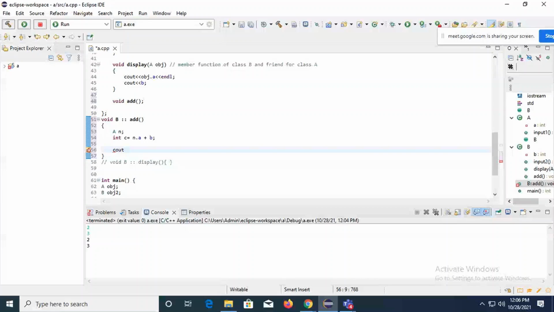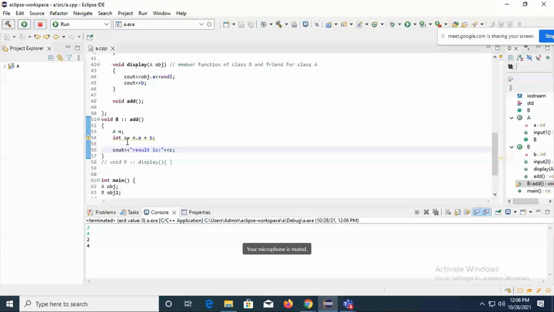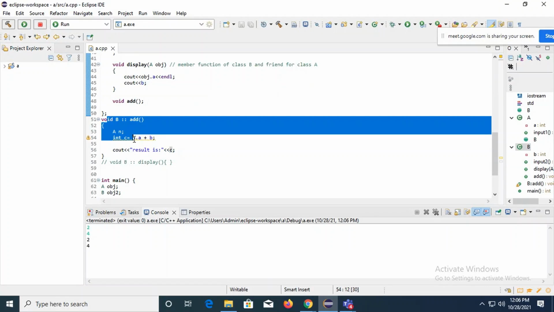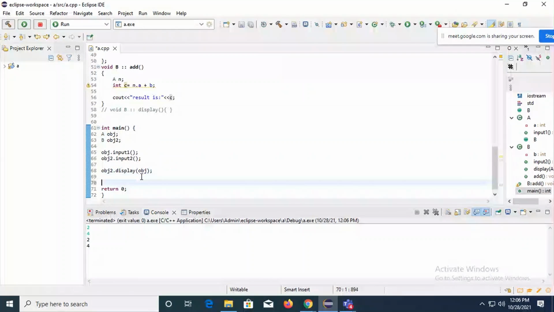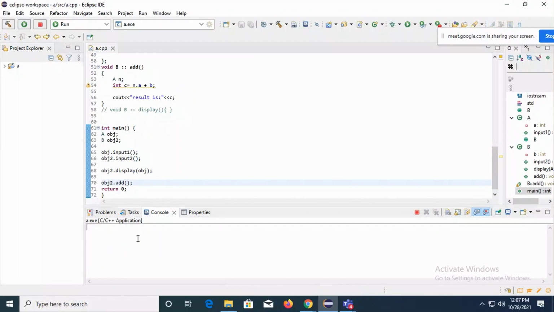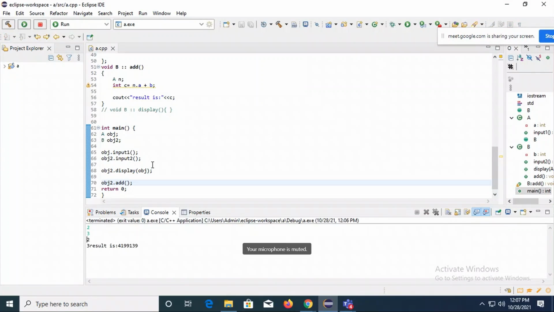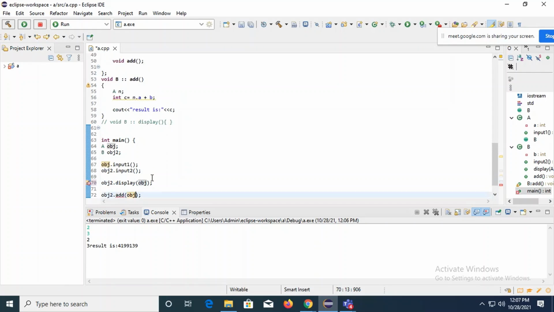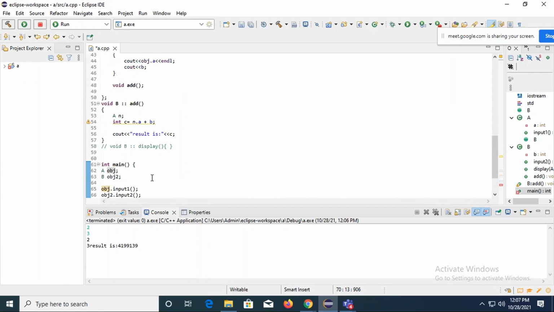Let's try. Okay, I didn't call that function. I just declared it and defined it here. I didn't call it, so I'm just going to call it. As it is a member function, I do need to call it with the help of an object. So I'm calling it. Let's try to call it without a parameter. Let's try. Okay, I will pass it the object. Getting that object, I will just pass it here instead of writing inside.